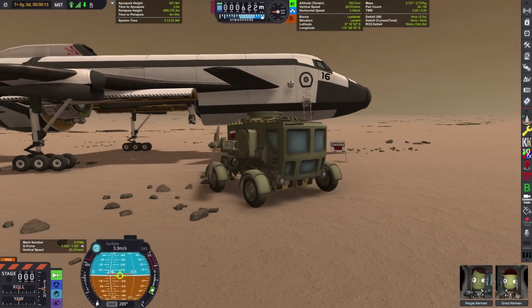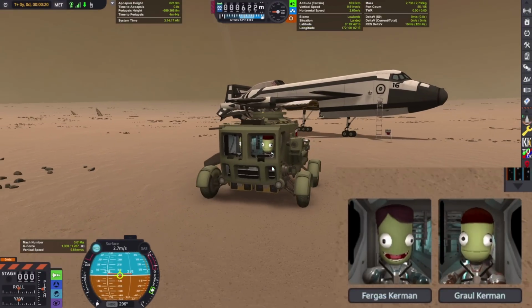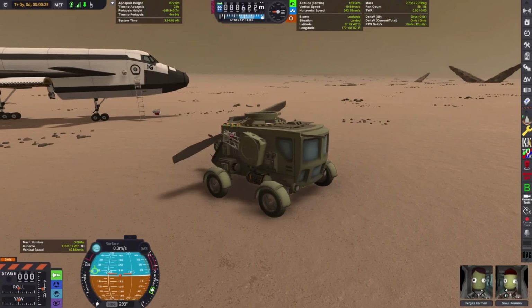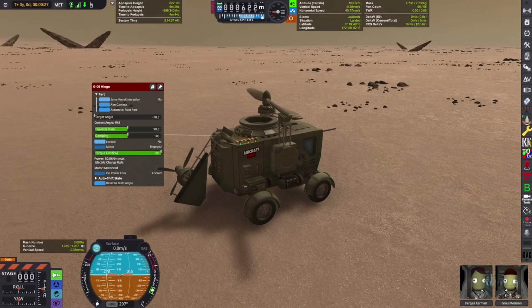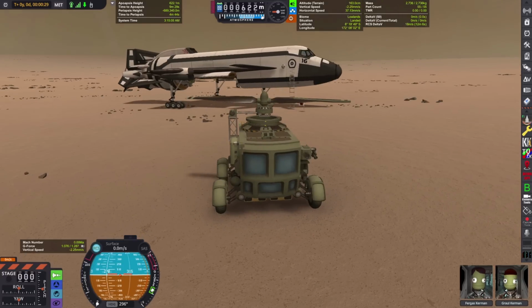With this being the first time that we're actually deploying the helicopter truly in the field, there's some hiccups of course, but luckily we have Fergus and Grell Kerman at the helm here who are going to be piloting our helicopter for this journey. And like I said, everything's still locked down from the whole journey there, so we have to unlock everything to actually deploy it, and then relock everything back up to make sure that it flies